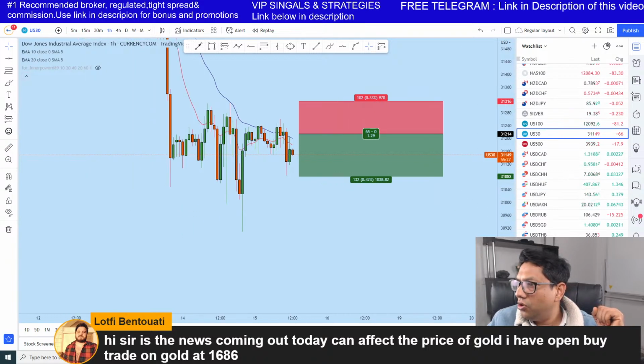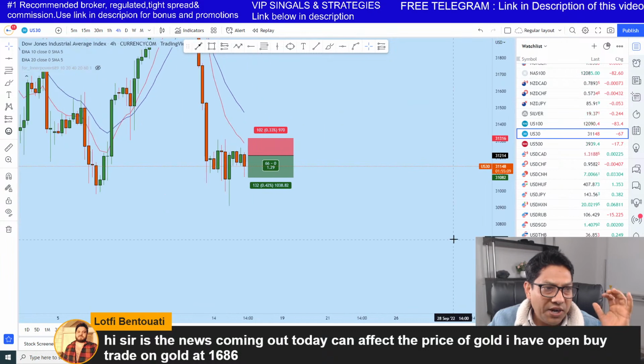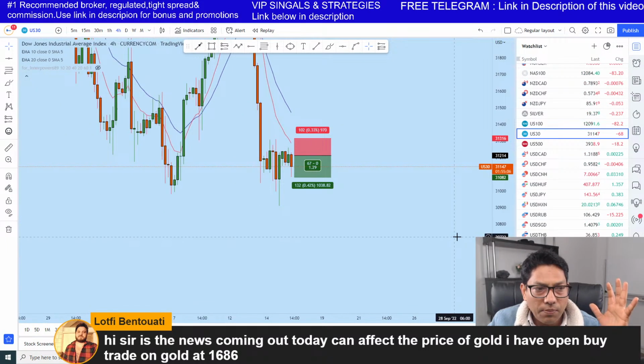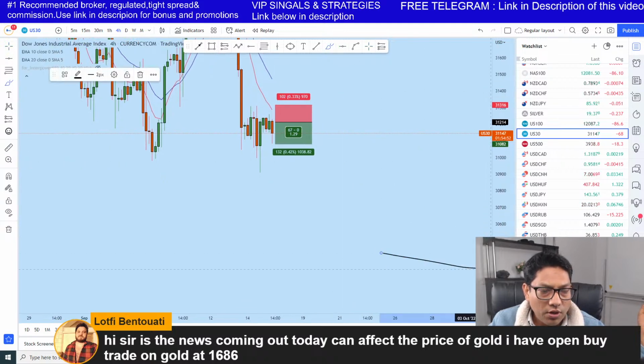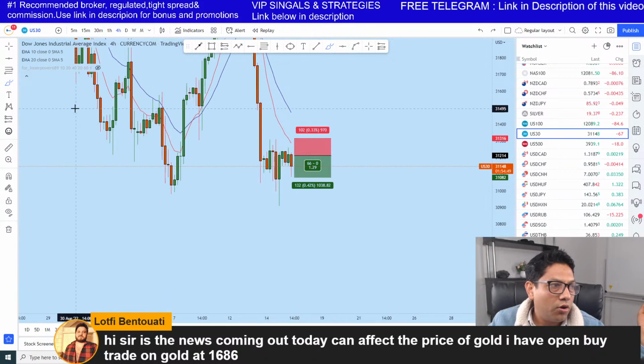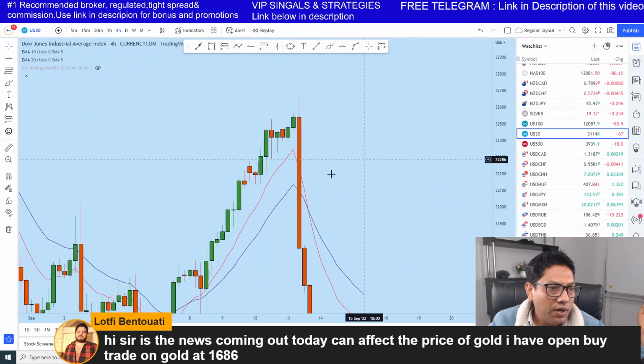Thank you very much. So sir, at least the reversal point is 1675 for gold? You can't say what the reversal point is. It will completely depend on the price action pattern, how the price action is being formed. You can't say this will be the reversal point. Let's say if someone says, okay, US 30, this is the reversal point, I can't say that. I can only say, okay, the price action formed like that.